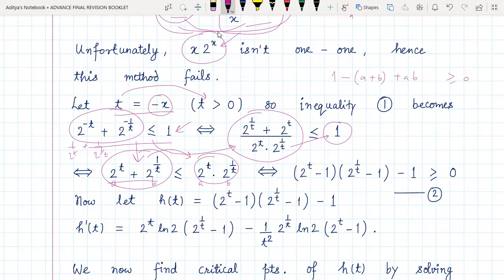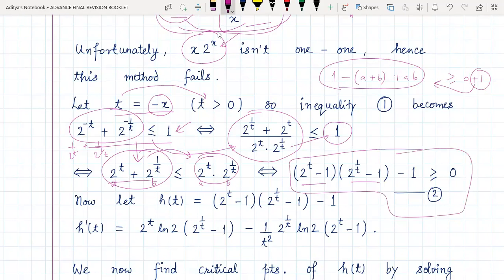So I'm just adding a 1 to both sides, and this can easily be factorized as 1 minus a into 1 minus b, or a minus 1 into a minus b, which is precisely what I've written. And this one also I have transposed to the left hand side, so that this is the inequality number 2 that we are getting. So inequality 1 will be true if and only if this is true, which will be true if and only if, necessary and sufficient condition, this final inequality number 2 is true. So if we are able to prove that inequality 2 holds, then our job is done.